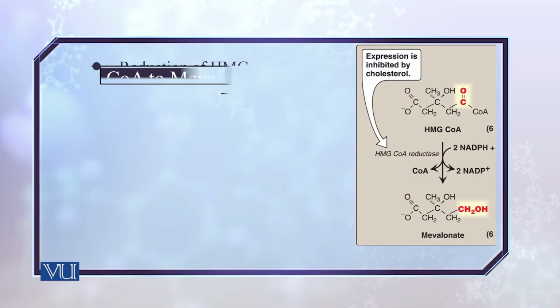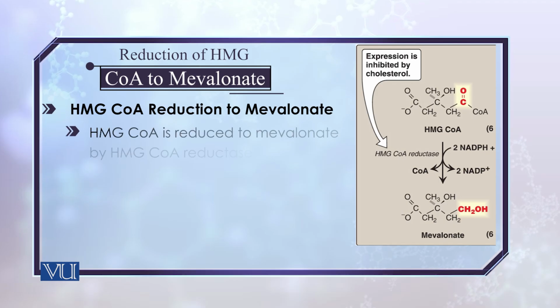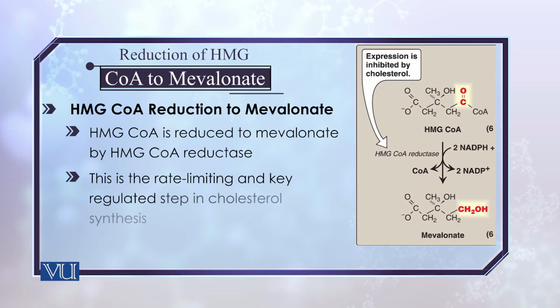Then a very important reaction, perhaps as far as the regulation of cholesterol is concerned the most important reaction, is the conversion of HMG-CoA into mevalonate. This is a reduction reaction in which NADPH is utilized, and the enzyme is HMG-CoA reductase. So this is a rate limiting reaction, that is, it is regulated. It regulates the synthesis of cholesterol, and this enzyme is acted upon by many factors which eventually regulate the